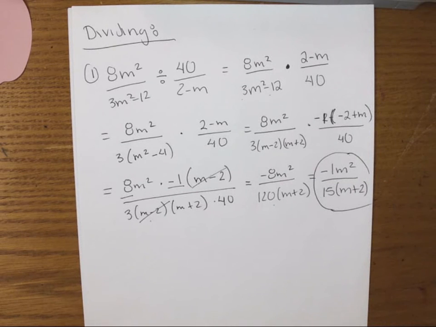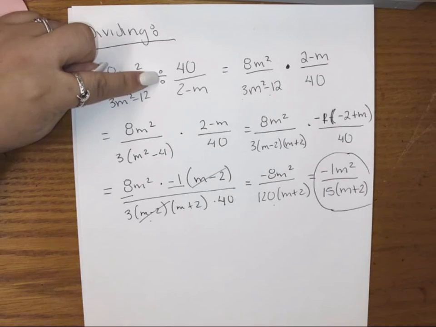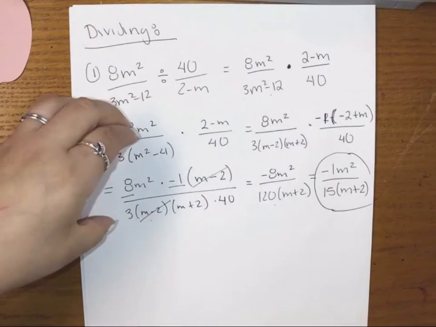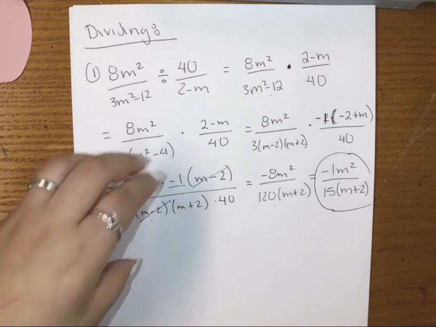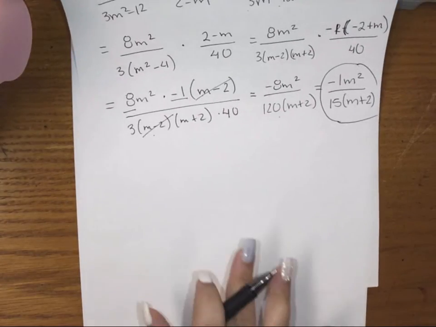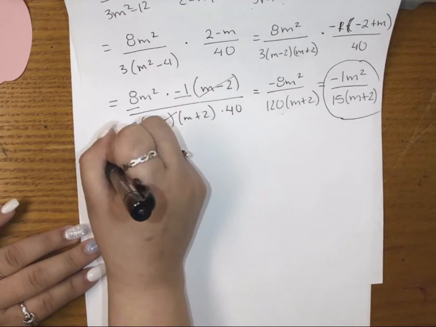The only thing new we're doing is we have to switch it to a multiplication and flip your fraction. Other than that, we've been practicing this already. So I have one more example for this section and we'll be done. So let's go ahead and divide